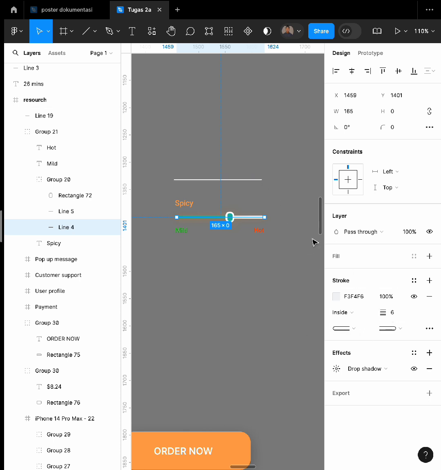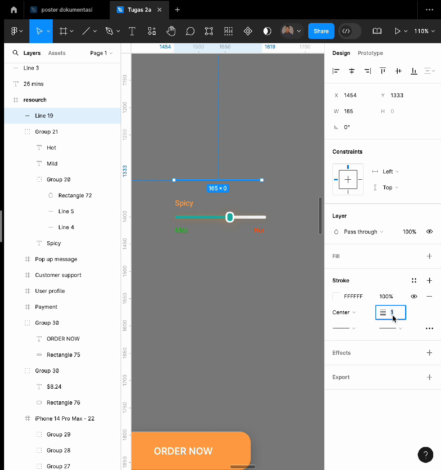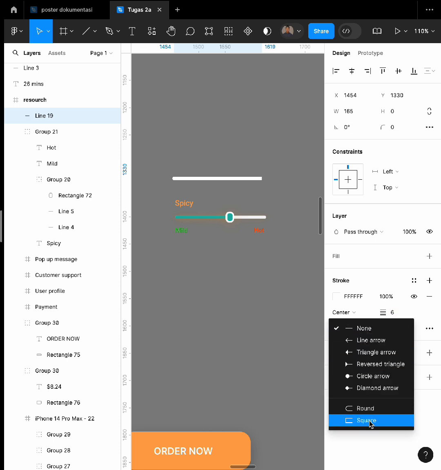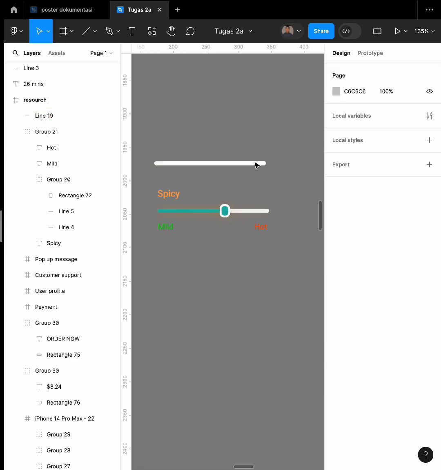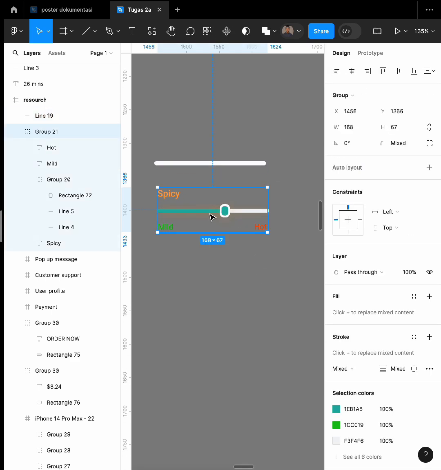With the size is 6. And the type is round on right and left, like this,